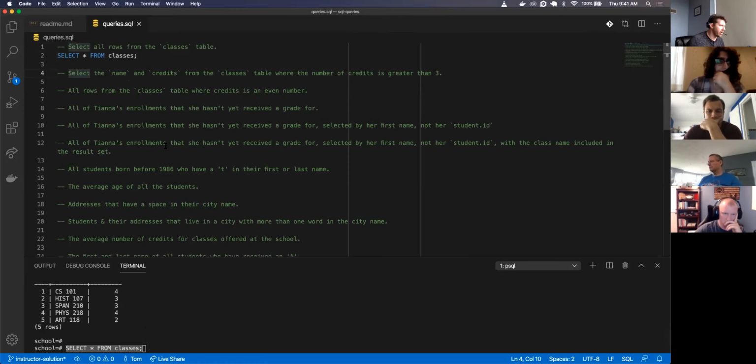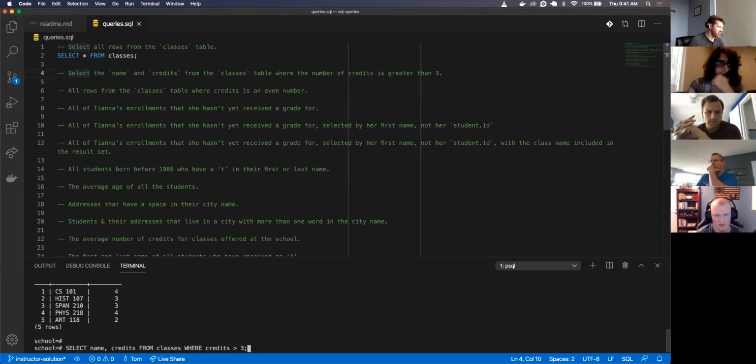All right. Now, Chris, I want to select the name and credits from the classes table where the number of credits is greater than 3. Hold on, let me reread that again. Select the name and the credits from the classes table where the number of credits is greater than 3. So it's select name, comma, credits from classes where credits greater than sign and then number 3 semicolon.